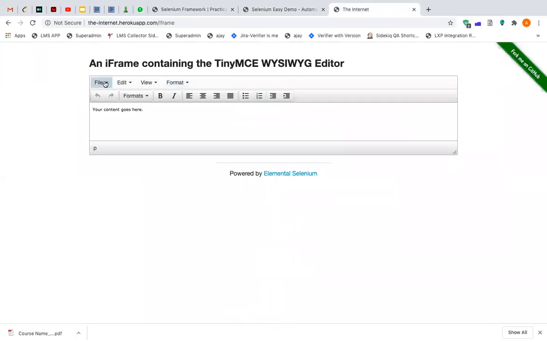Now, if you see, this is a frame. This entire website, within this website, there is one frame, and within that frame you have an element. These are the three things which you usually encounter when you are working with Selenium. This is just background information on what an alert is, what a frame is, and what windows are. So, moving back over here.